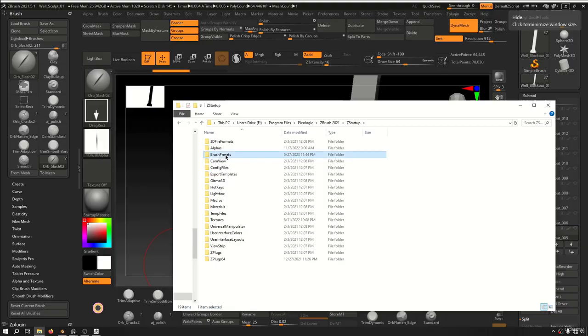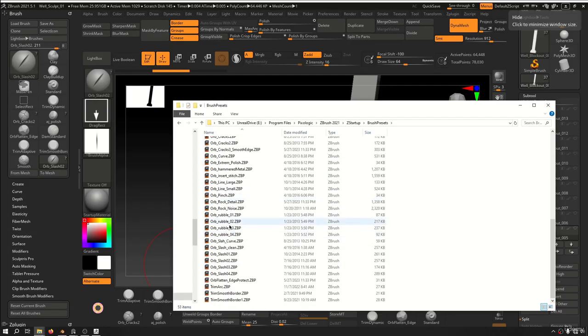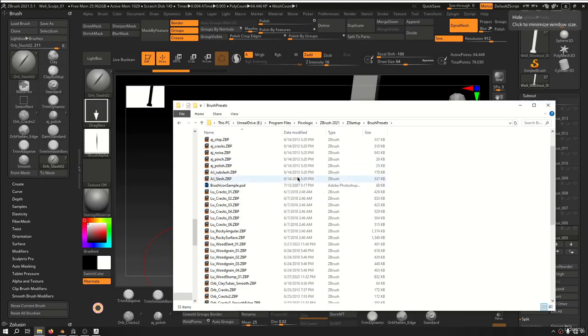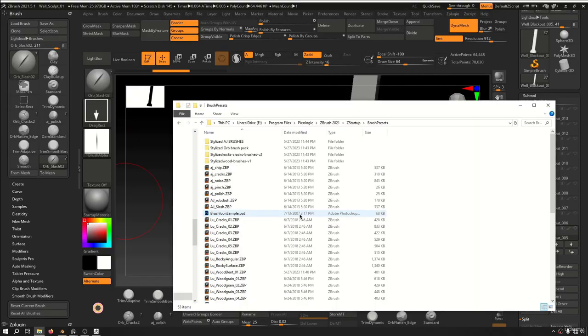Brushes folder, Brush Presets. Okay, here they are, the Orb brushes that I have pasted in here. ZStartup Brush Presets. Just paste them here so that every time you load ZBrush and press B, you are able to see them here. And then one more thing, if you just use a brush and you want to drag it into the viewport to use it, you want to select it from here and, using the customization, drag it to the viewport to use. And for something like Trim Smooth Border that doesn't exist in the viewport by default in the startup folder,